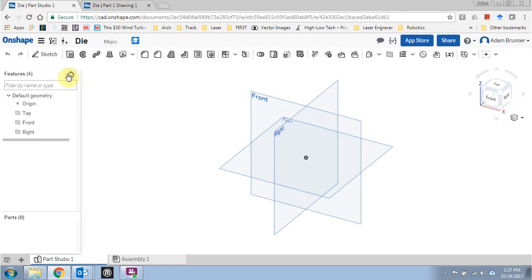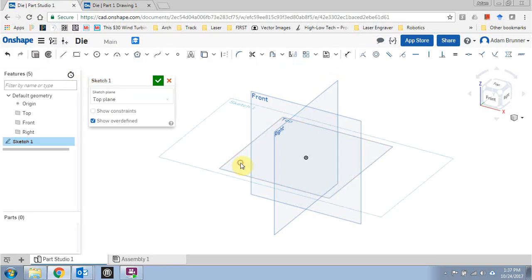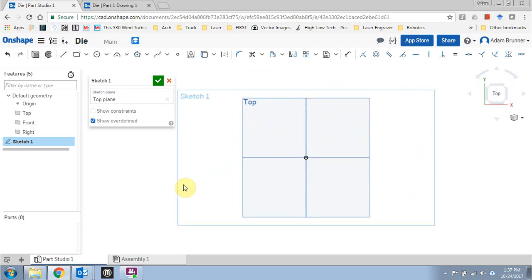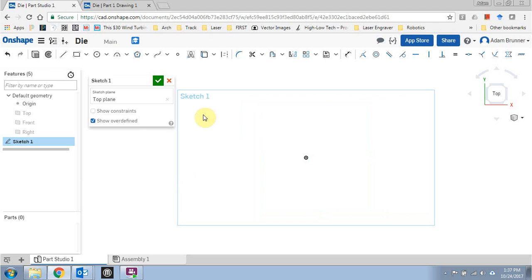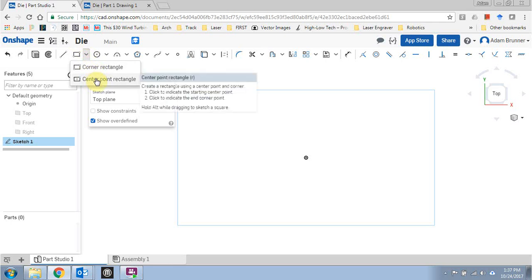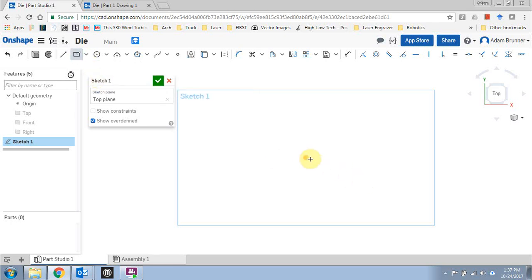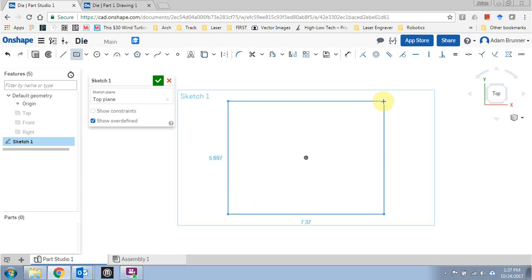So first thing that we're going to do is create a sketch on our top view. You could actually use the right view or the front view. As we talked about in the other video, we can then hit N and then P to get ourselves started. Then we can use our rectangle tool. I want to point out the fact that there's a drop down arrow that actually gives you the opportunity to make two different types of rectangles. So for this one, I'm actually going to choose center point,